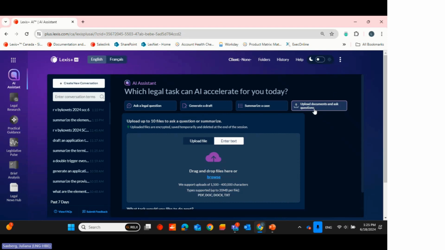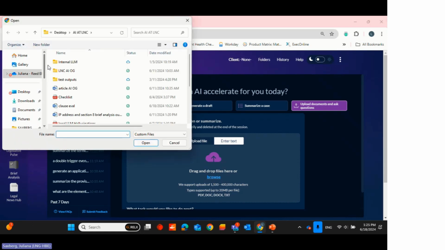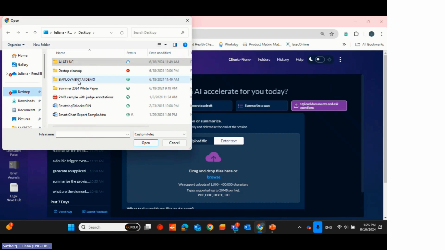This is only going to perform that extractive analysis and answer questions on what you upload here. If you need a tool that's going to analyze your document for consistency with the case law, for example, that tool's right here, brief analysis. What we can do here is I can do things like